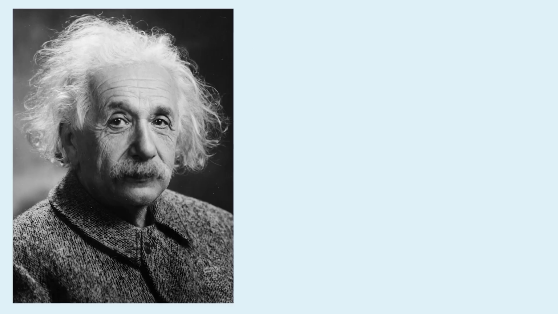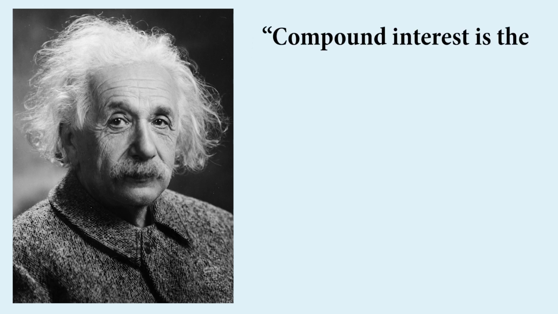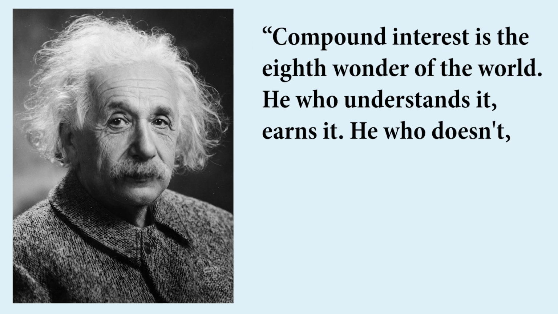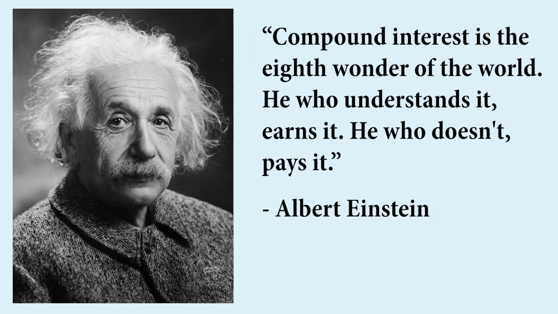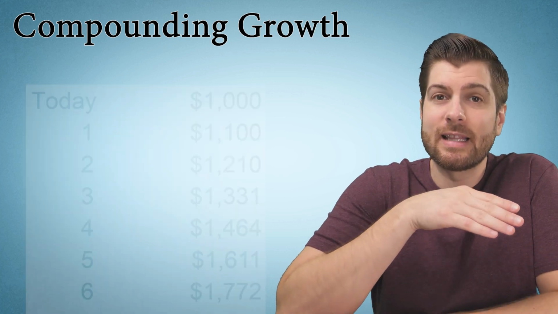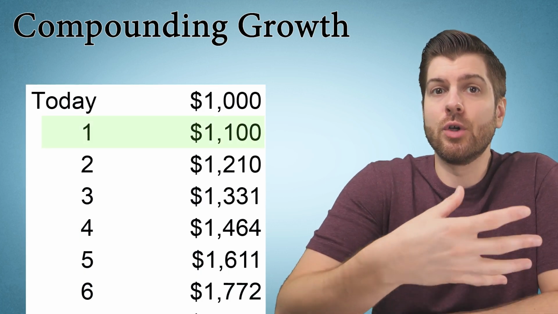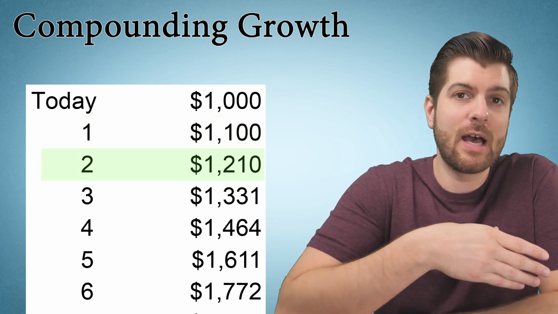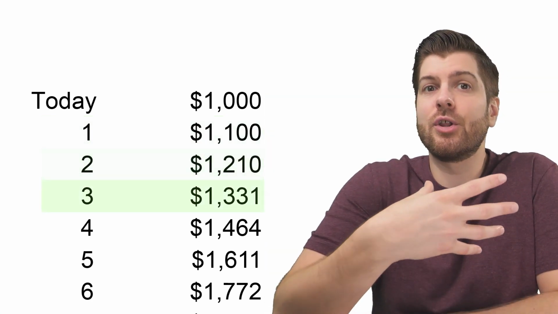As Albert Einstein said, compound interest is the eighth wonder of the world. He who understands it earns it. He who doesn't pays it. So $1,000 compounding at 10% annually would look like this. After the first year, you'd have a new total of $1,100. After the second year, you'd have a total of $1,210. After the third year, you'd have